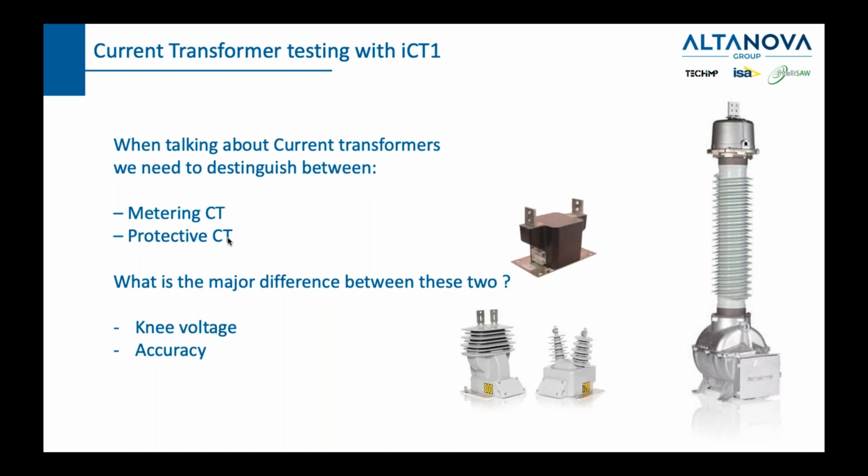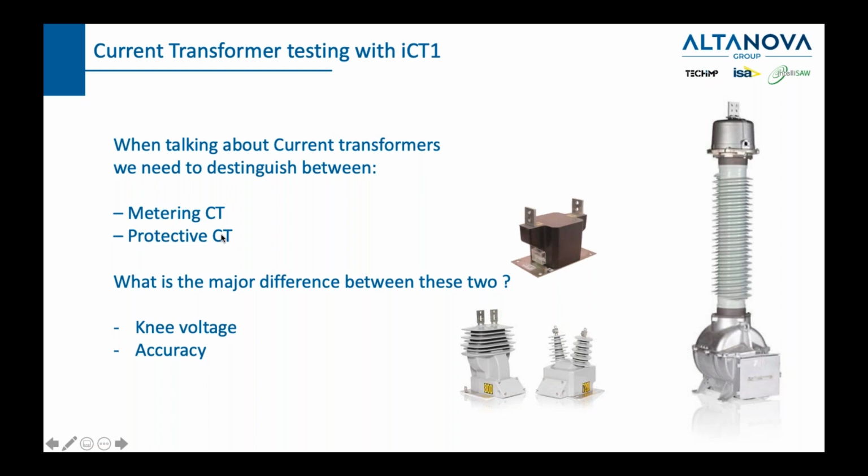and protective CTs. In the morning when we were doing our first presentation, I made one example. I took an example of Mad Max in the 80s. In one of the sequels, there was, I hope you guys remember, Master and Blaster. So Master Blaster was like two guys, like one entity. You had a huge person who was fighting and a little person who was being carried by this huge guy. I always perceive current transformers, metering CTs would be the master and protective CTs would be the